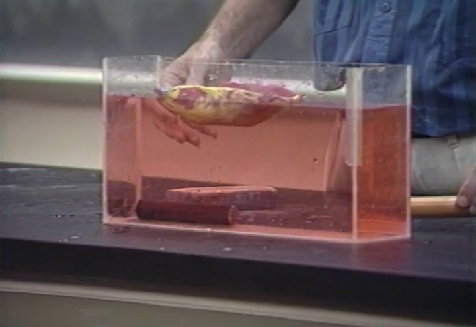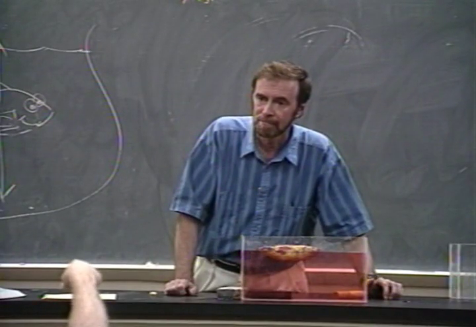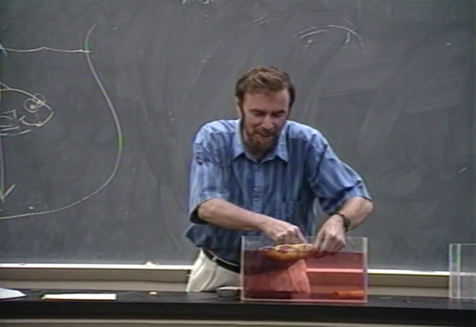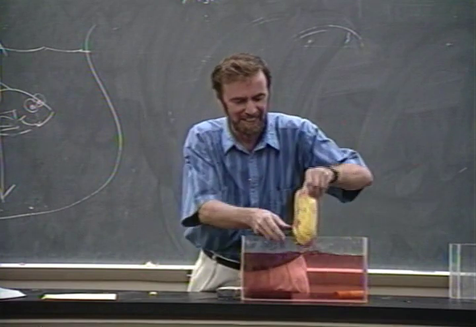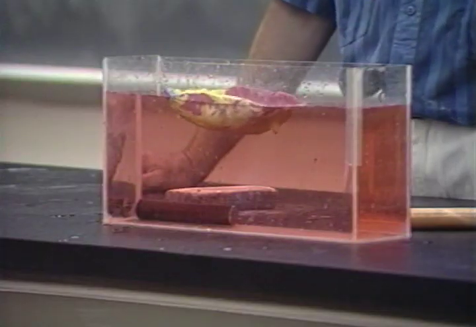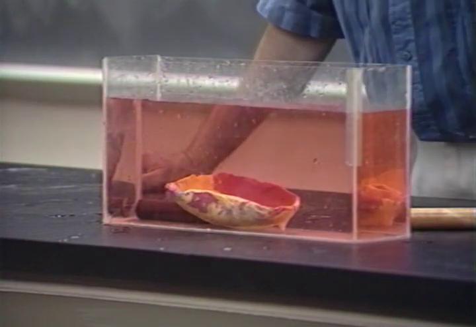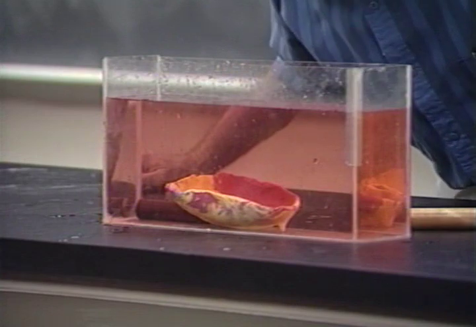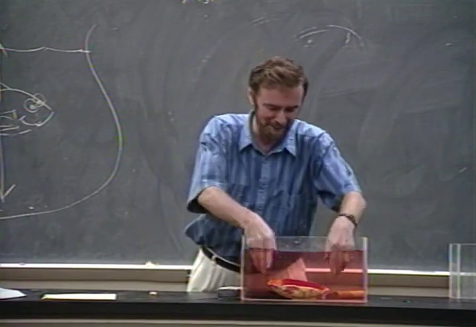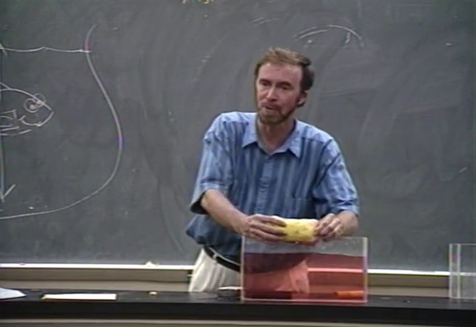Suppose it tilted too much and the water got let into the air pocket inside. What happens? Then the weight is going to increase. Let's suppose there's a leak in the boat. Let's try this with a little hole there. Watch what happens now, gang. Oh, it floats. It's very wonderful. But all of a sudden, it's getting heavier and heavier. Now, the buoyant force wasn't enough to take care of that added weight. That's why when a boat springs a leak, it gets heavier, and the buoyant force no longer may be enough to make it float.